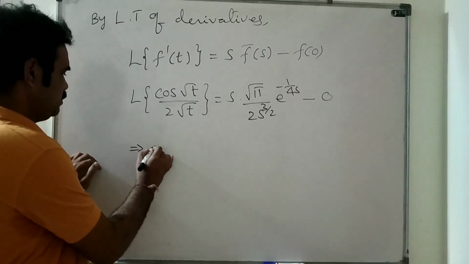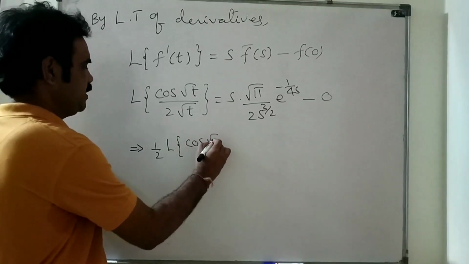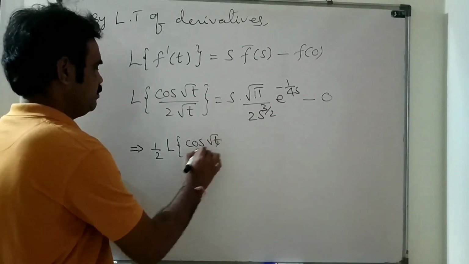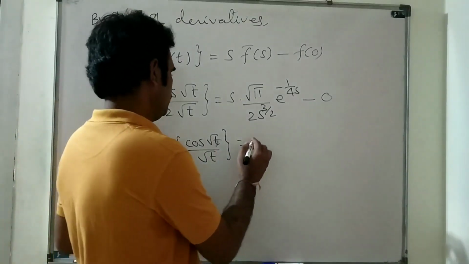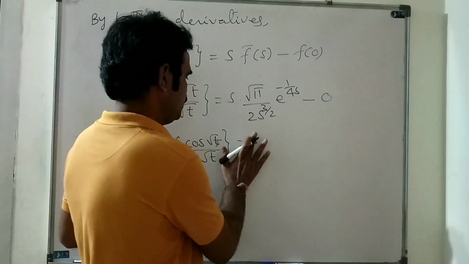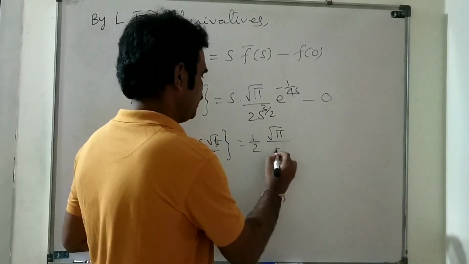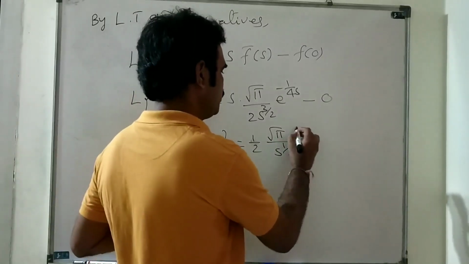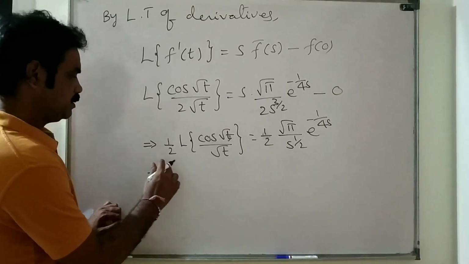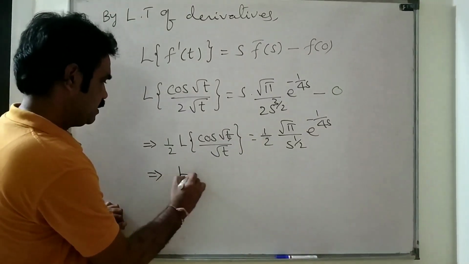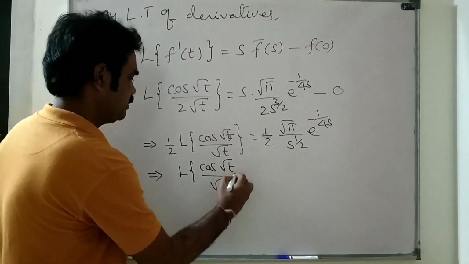That implies 1 by 2 into L of cos root t by root t is equal to s by 2, 1 by 2 into s cancel here, root 5 by s power 1 by 2 e power minus 1 by 4s. That implies both sides 1 by 2 cancel, L of cos root t by root t